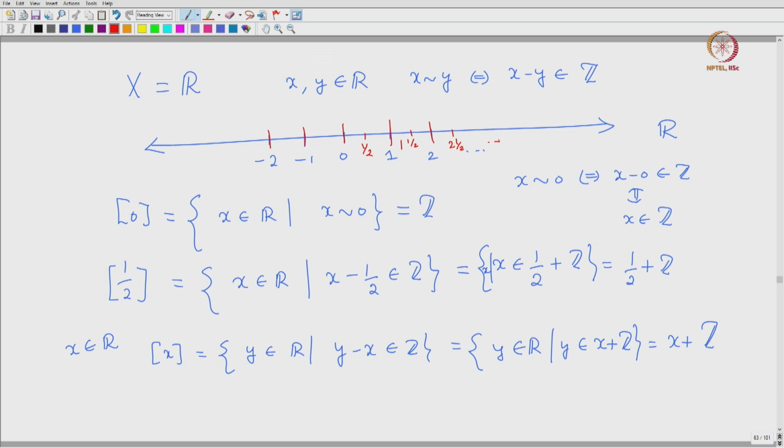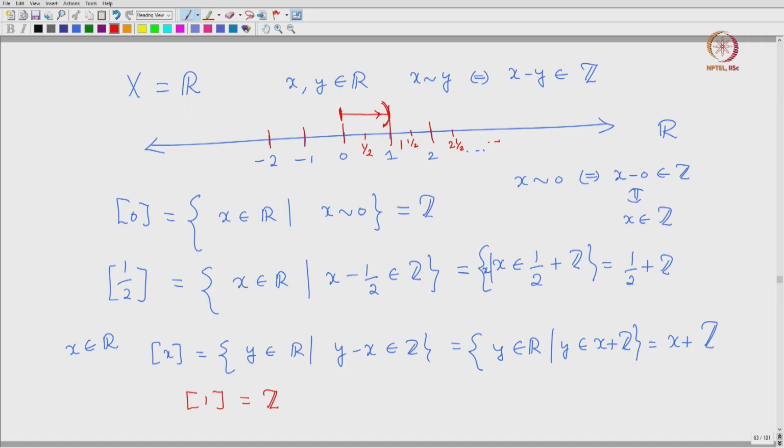So, this clearly says that if we are starting from 0 and then move along this direction, then you will be just going from 0 all the way up to 1. Then when you reach 1, you are getting again the integers. So, that means from 0 to 1, this should be your indexing set. But the thing is if I take the class associated with 1, that is again the set of integers. So, that means we are supposed to exclude this 1 from this